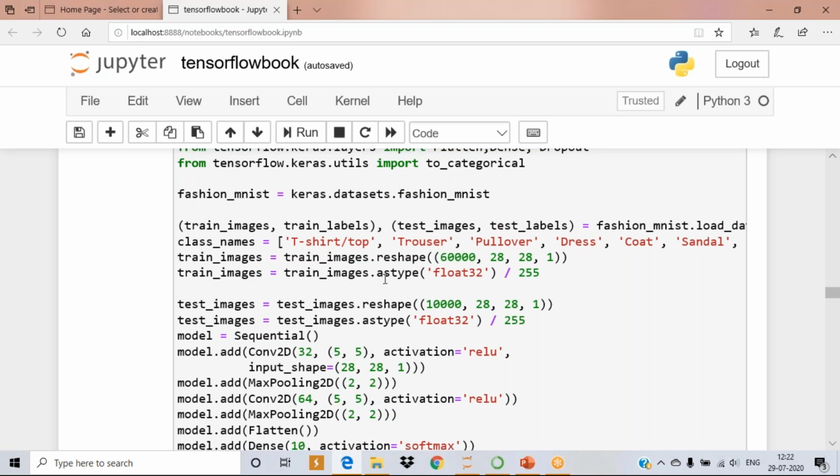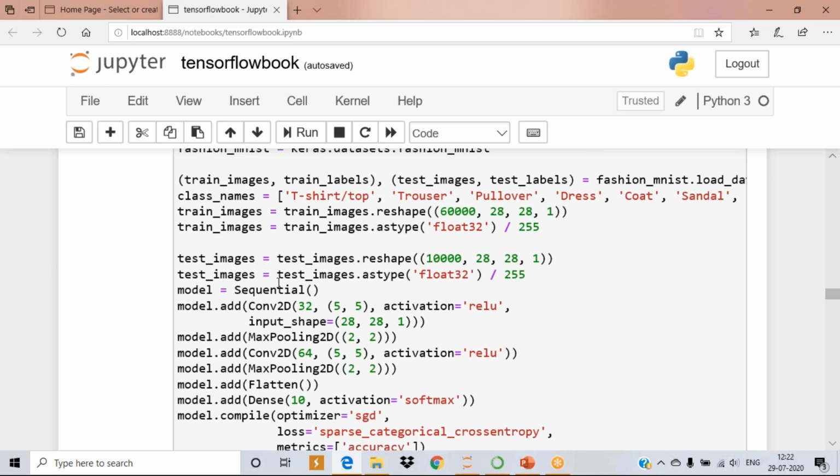See one example: if your mark is 90 and I want to convert it into a scale of 0 to 1, just divide 90 by 100, you get 0.9. The same way you apply here. Your pixel value is divided by the maximum pixel value. What is the maximum pixel value? 255. So now your pixel value is scaled from 0 to 1. The same thing you can apply to the test images also.